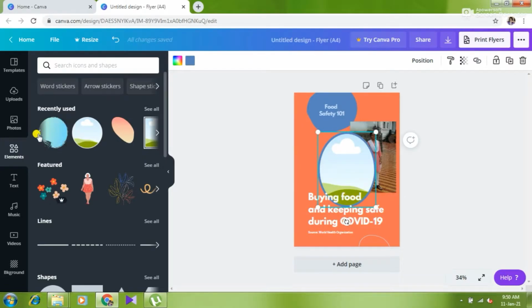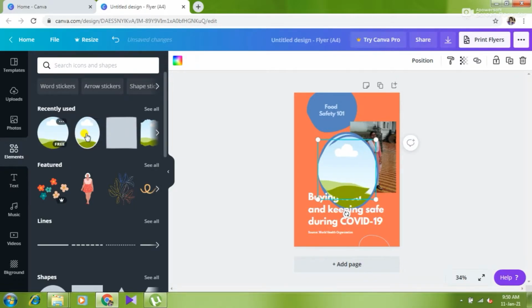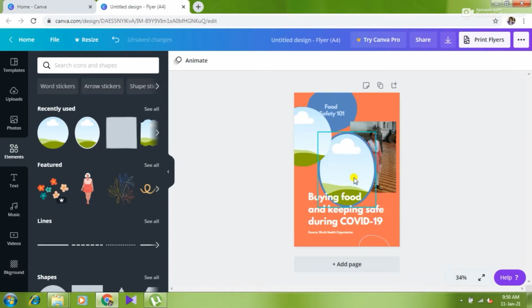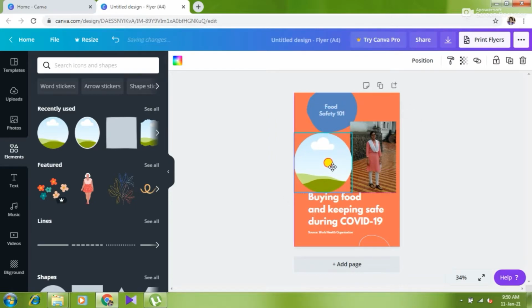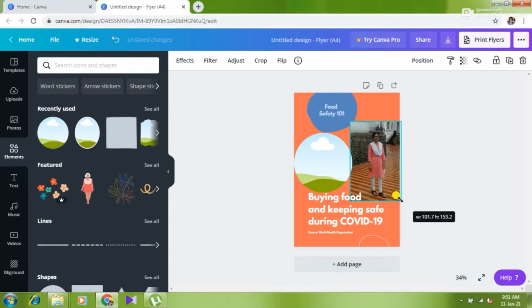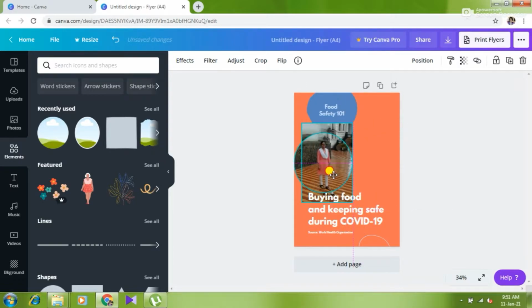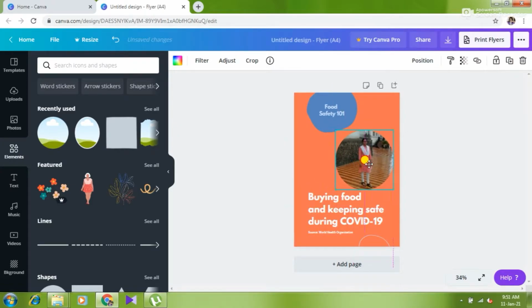So that green round shape I'm going to choose. The oval shape I had already chosen, but I'm going to remove this one. And now I'm going to drag the speaker's photo onto that round circle. You can see I'm going to drag. Okay, see, now it has come into the circle.